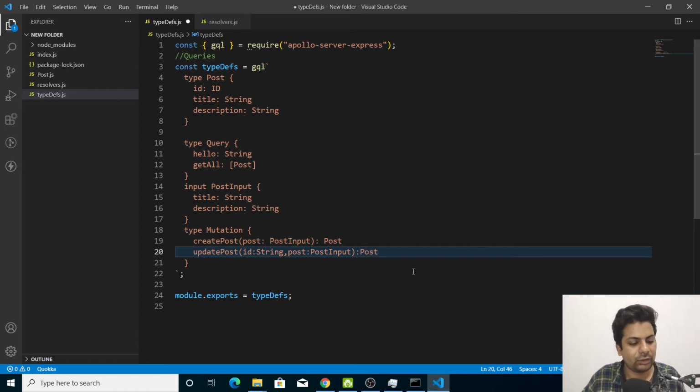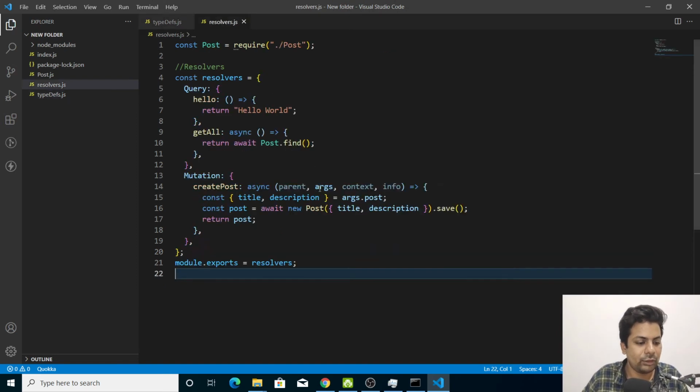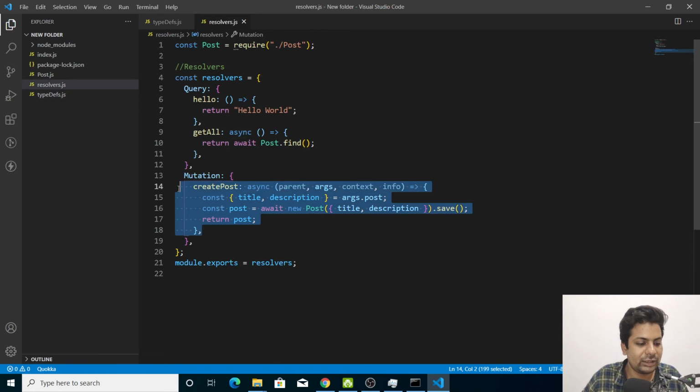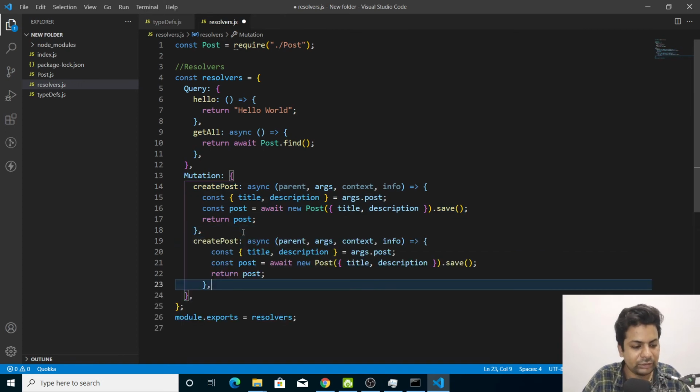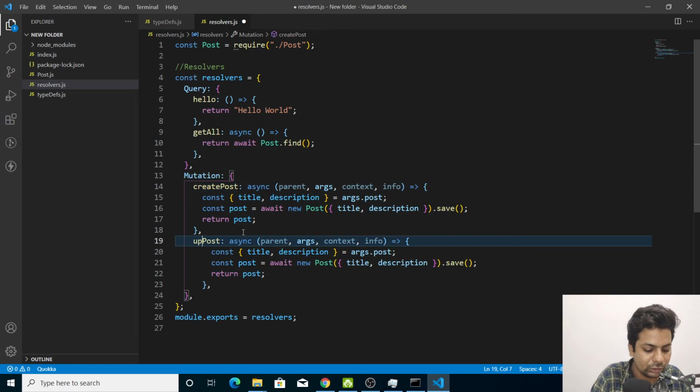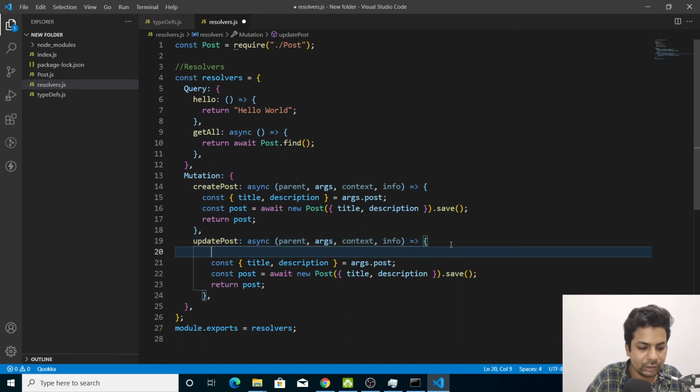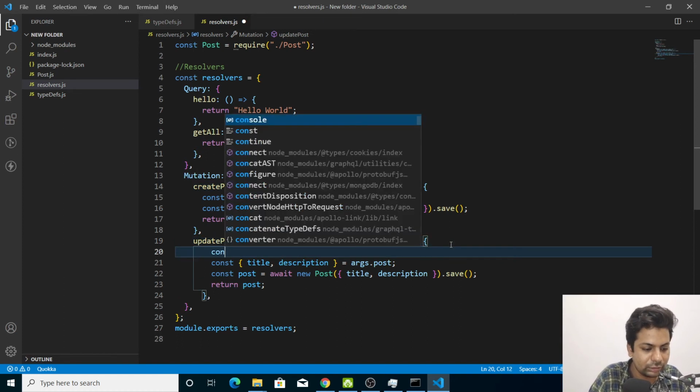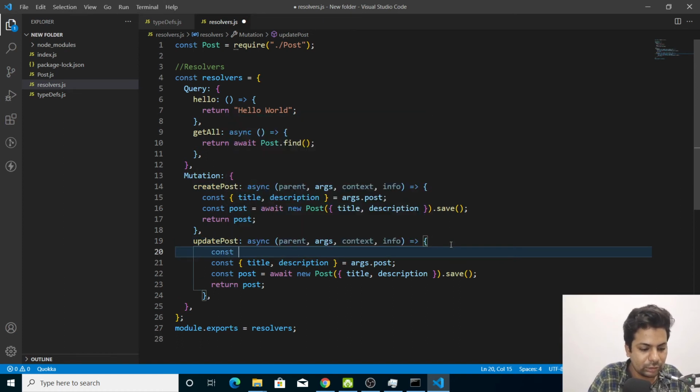Let me just save it, go here and copy something like this only because we'll be using something like this, and here paste it, and instead of create you say update, and here you say constant id, because we'll be getting id also.